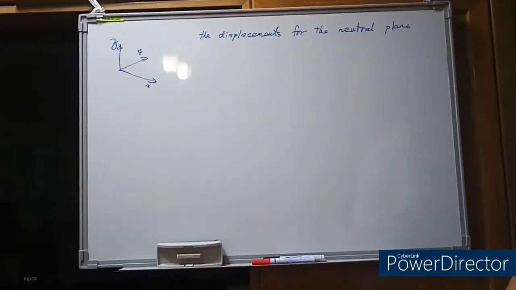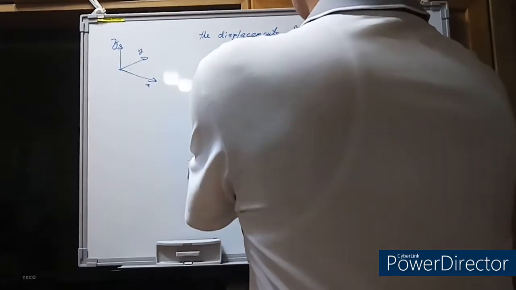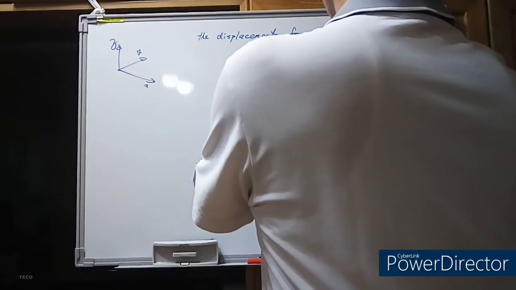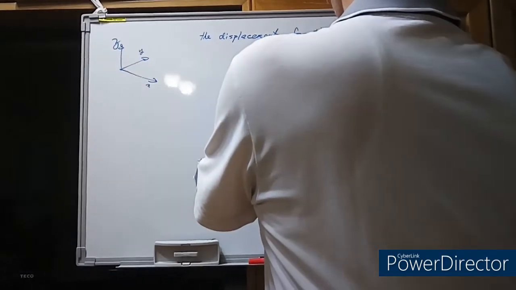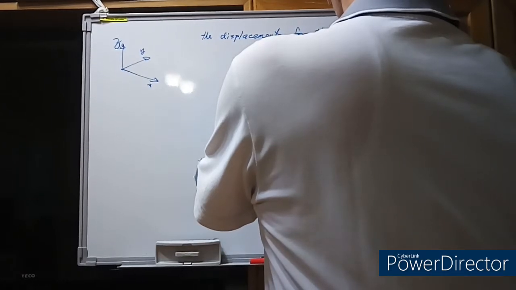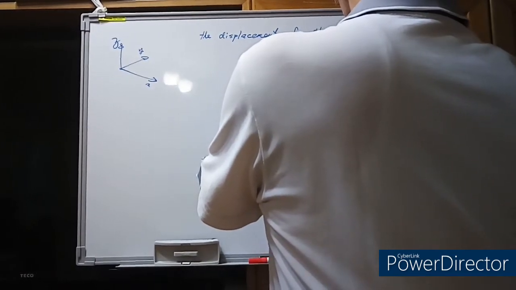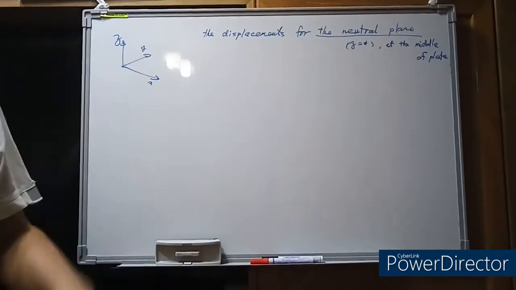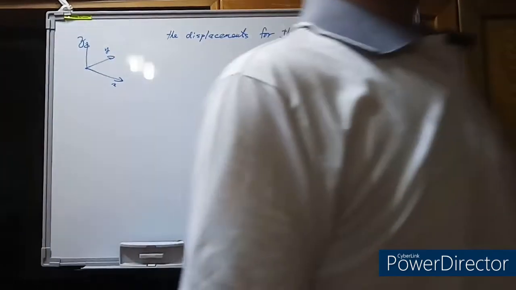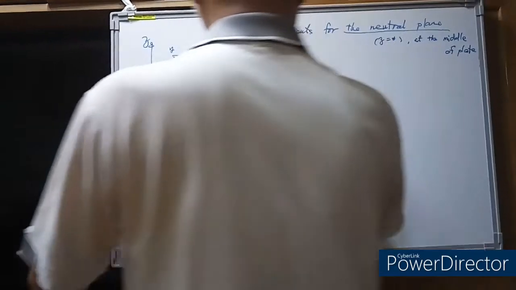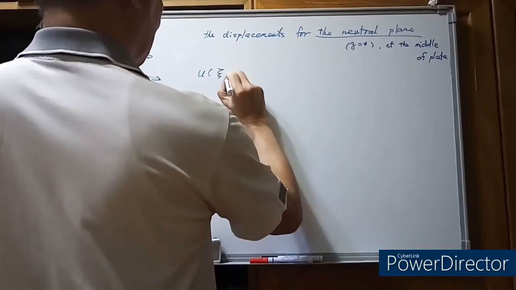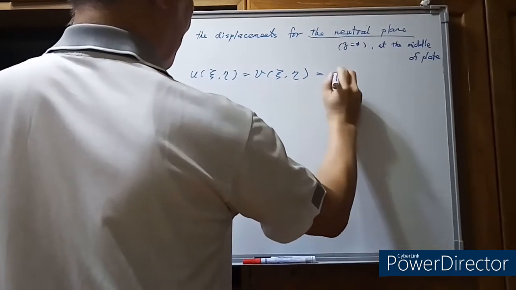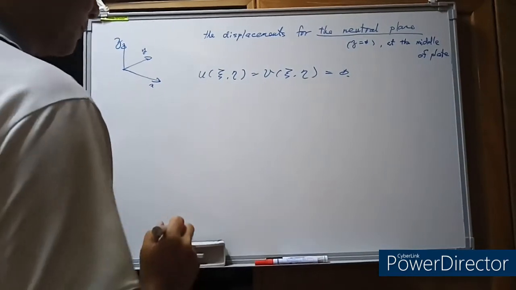So most of the time they are at the middle layer of the plate. Okay, so the displacement functions for this element, u of xi, eta, equal to 0, and